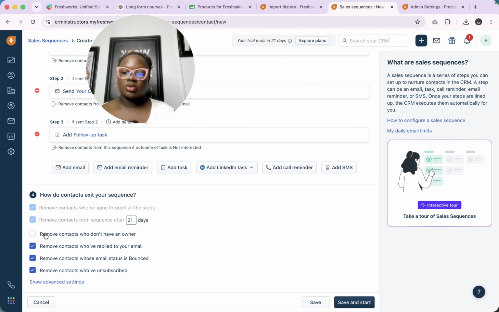You can also remove contacts who do not have an owner. You can remove contacts who have replied to your email. So let's say you want them to be able to reply, and maybe they replied, please take me off your list, or they replied, oh, I'm ready to move on, then you can say that you want to remove everyone who replied from